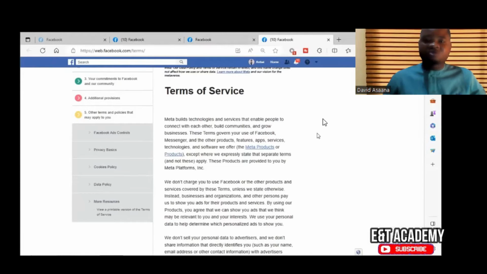You could be commenting too fast, or contacting so many people on Messenger, or liking so many things at the same time. All those things are against the policy. So when you do that, they will say you are violating the terms of service. So when you see exactly that, what should you do? How do you resolve that?